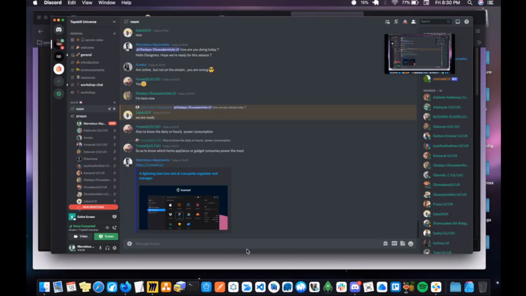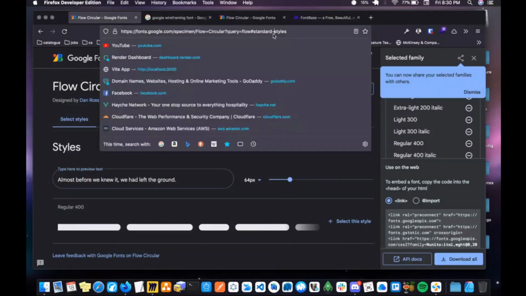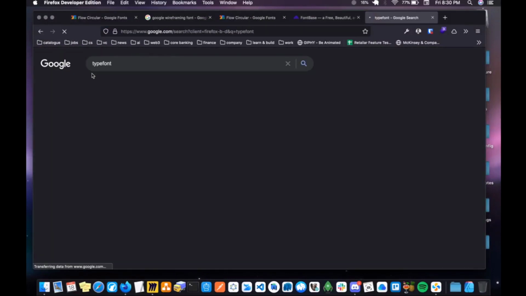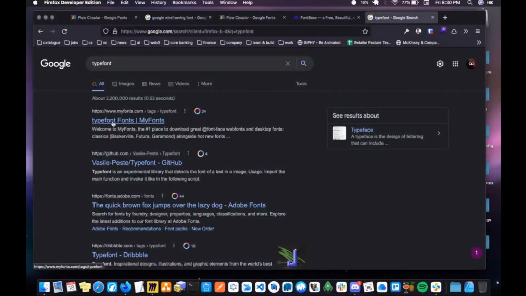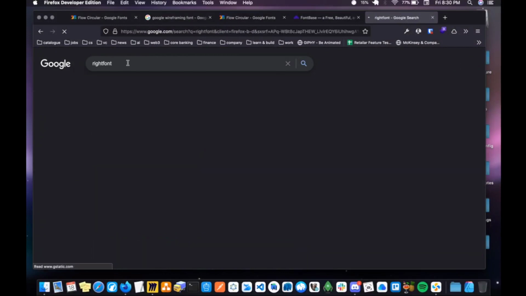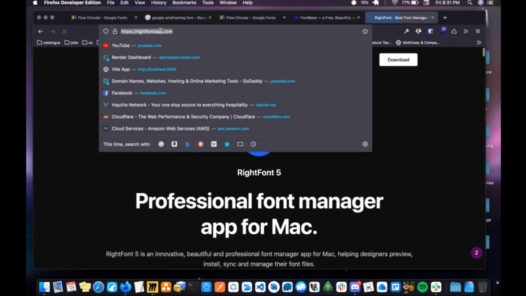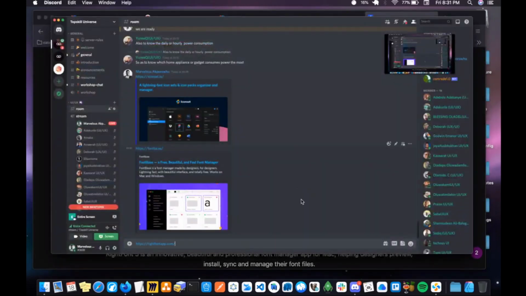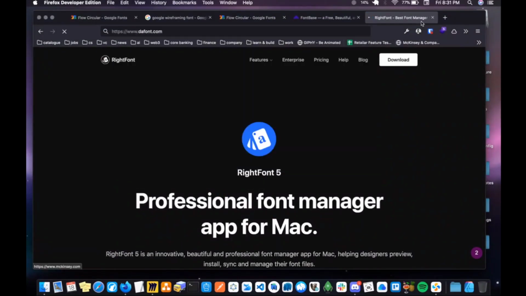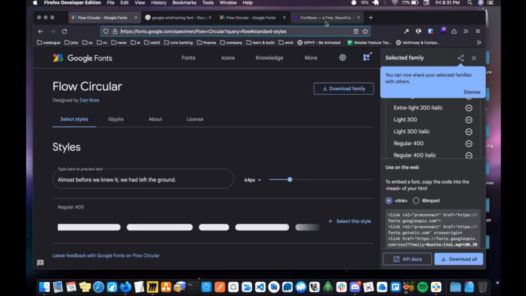So let me go ahead and paste this as well. Font base or type font. So I'm going to show you how to install, not type font, I mean write fonts. Yeah. So I'm going to show you how to install the fonts. If you get a font from Google Fonts or from any other sites, you can also check out a site like that for your fonts. That's when you're implementing, right? But for now, let's just go on and